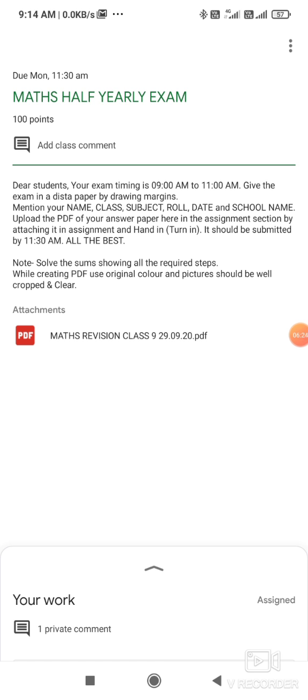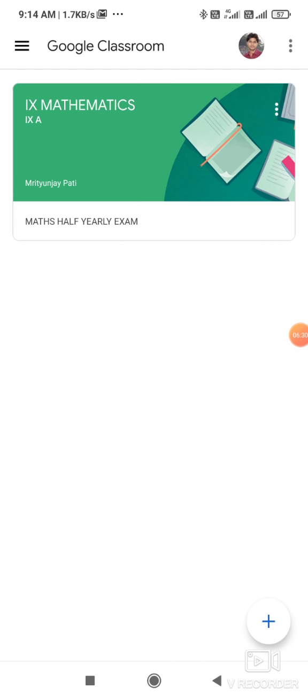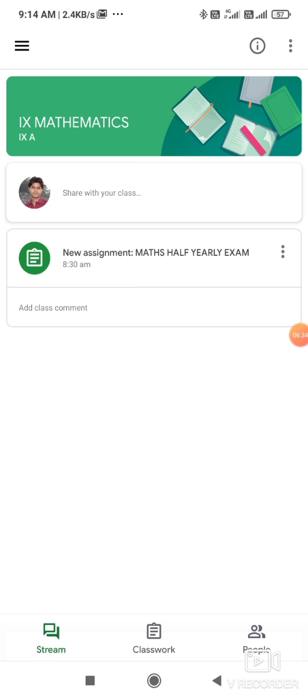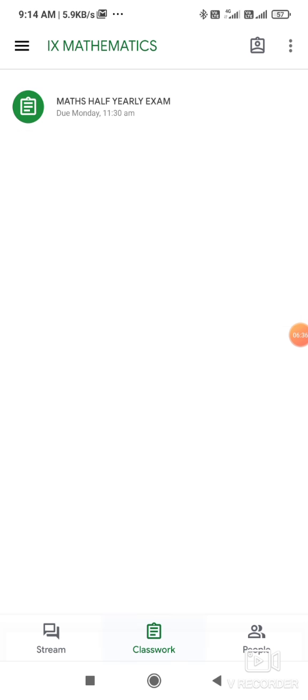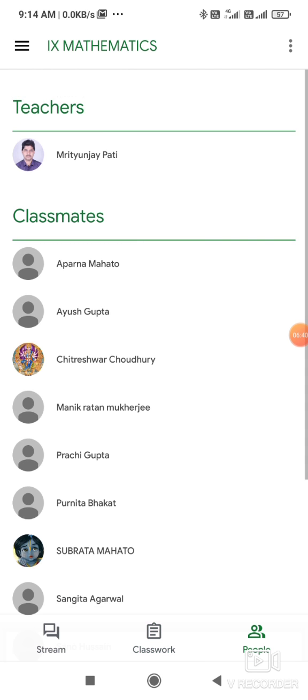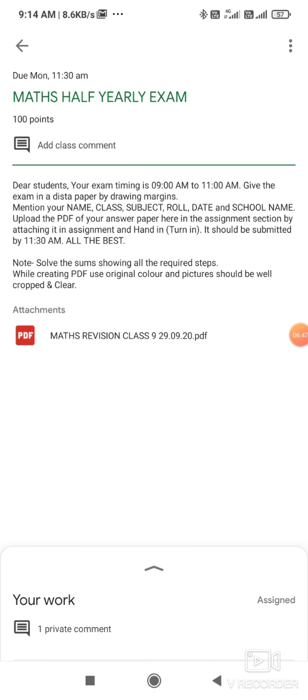There are 2 ways to share the files in Google Classroom. The first one is you can directly go to the Google Classroom, go to your subject, and remember, don't post in the stream page. Go to classwork. See, there are 3 options: stream, classwork and people. So you go to classwork, there you will post. You will click the assignment that is given, tap there.